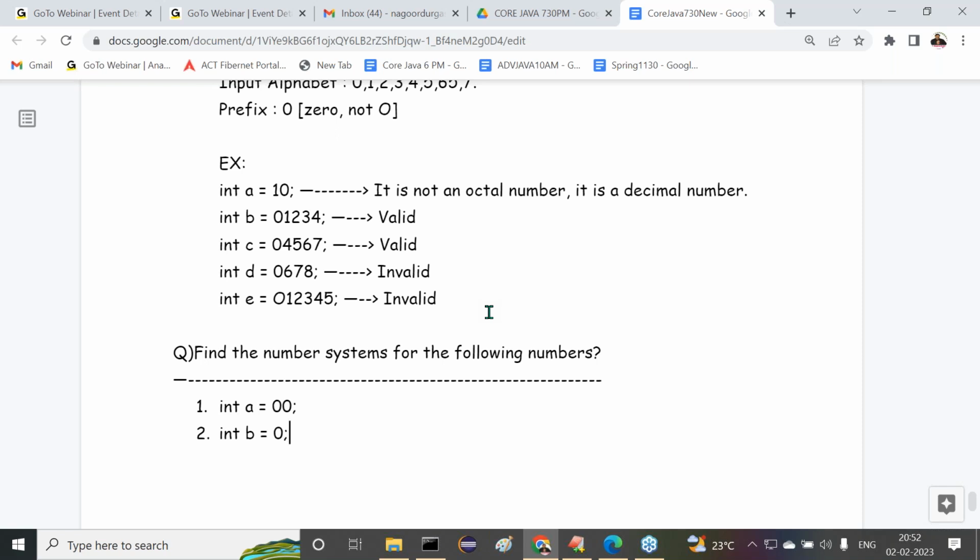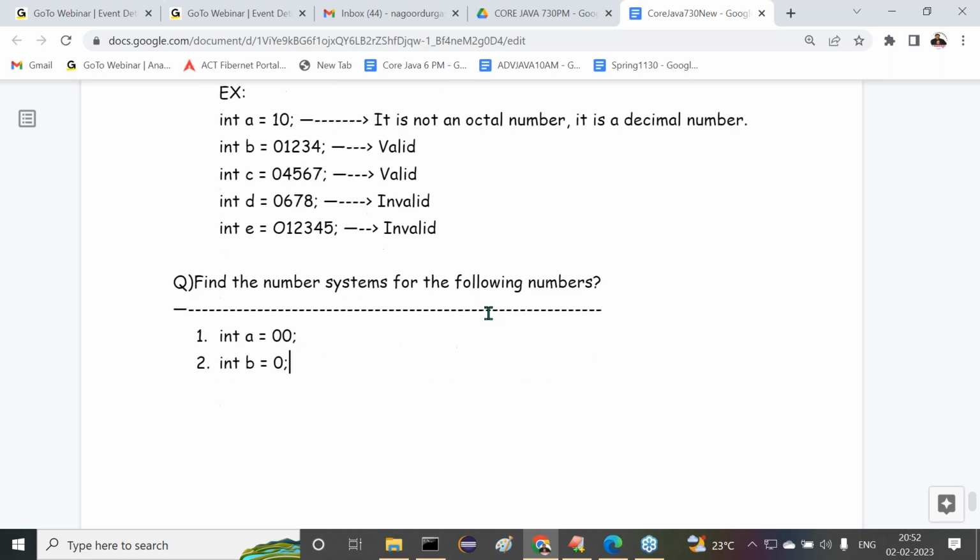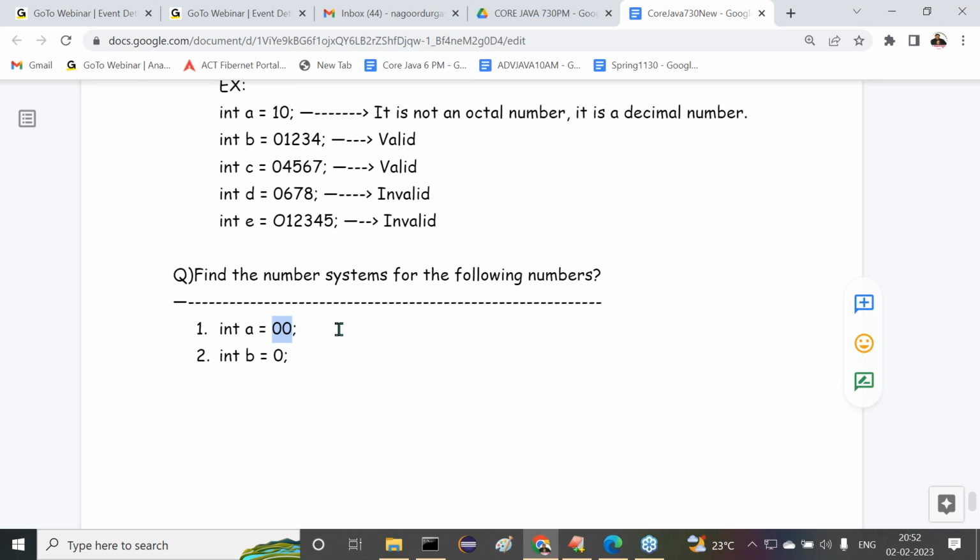Don't get confused, it is easy and simple, but you have to apply common sense in the second one. Now tell me, the first one: 00. The rightmost 0 is the actual number, and the leftmost 0 is the prefix 0. So what is this number system? Come on, what is this number system?